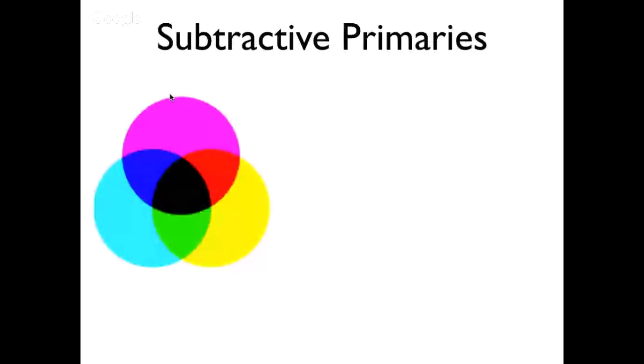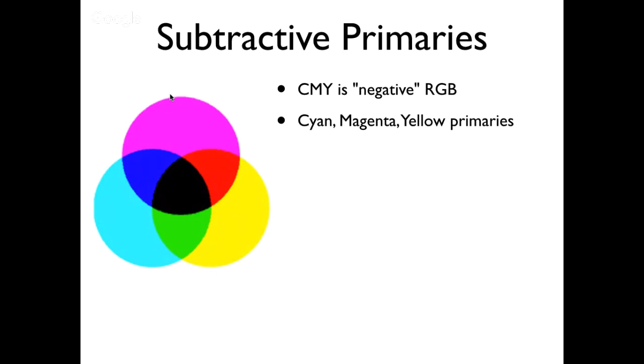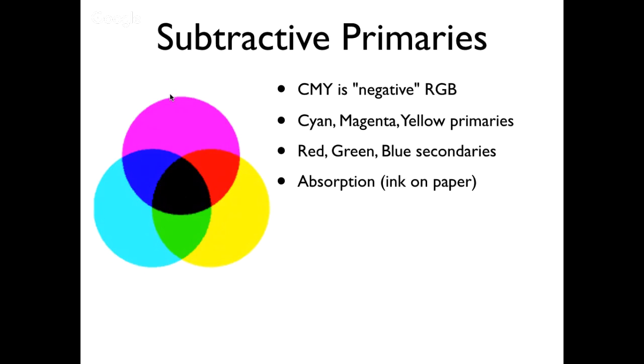Subtractive primaries. They're actually, in many ways, you can think of them as the negative of RGB. In this case, it would be CMY. And in this case, what's happening is that CMY are the primaries. The secondaries are RGB. So if we think about this in terms of ink, which is primarily what CMY is,